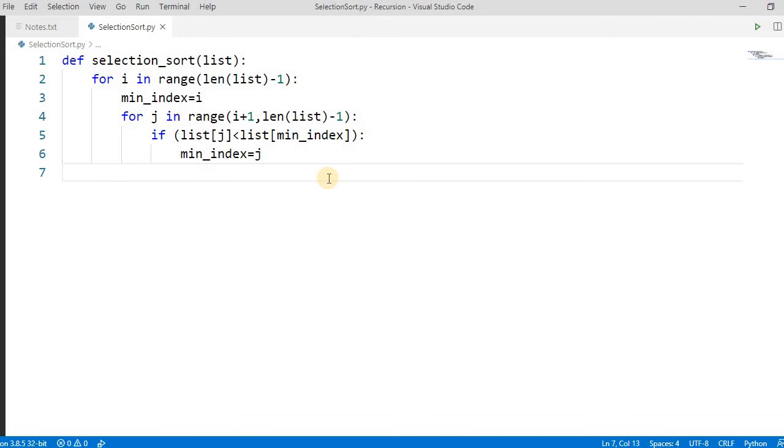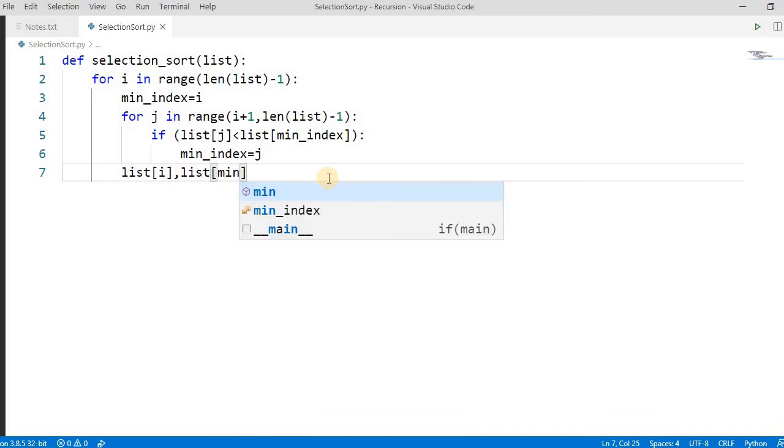Now we have to swap this. So I will swap list of i with list of minimum index.